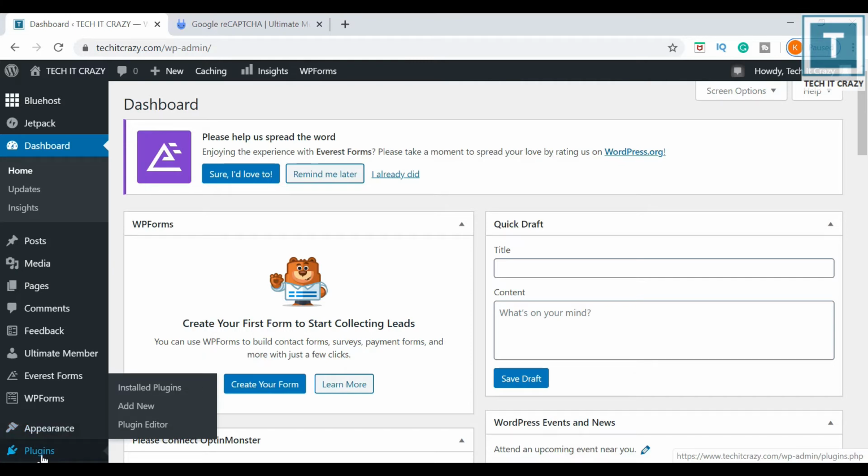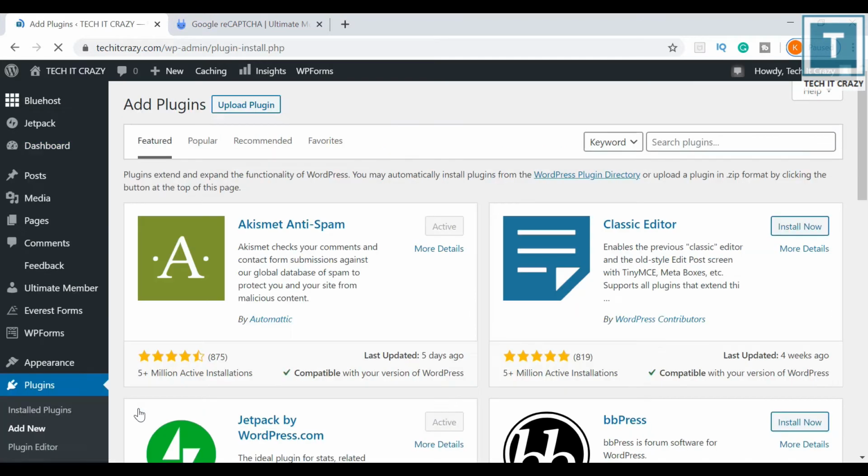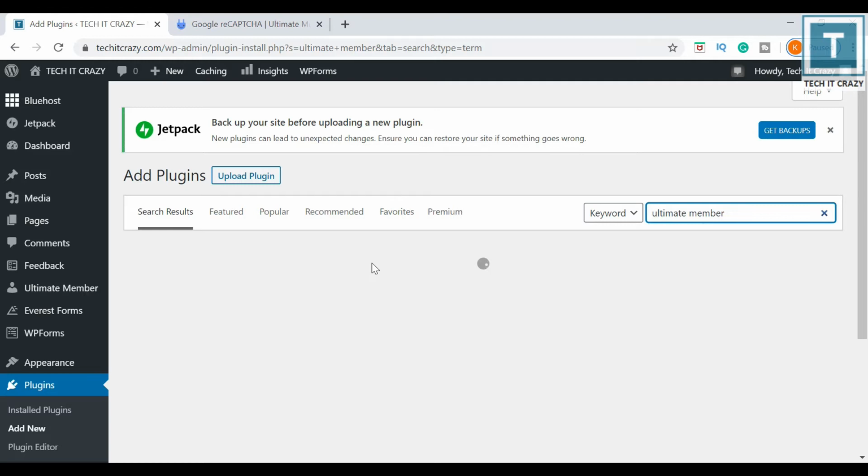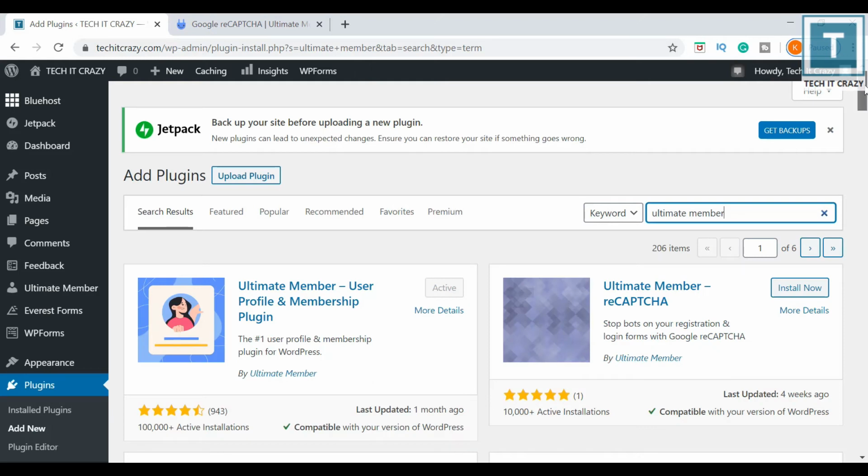So let us go to plugins, add new, and let me type Ultimate Member. It will show the plugins which are made by Ultimate Member.